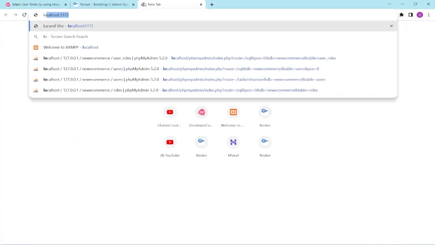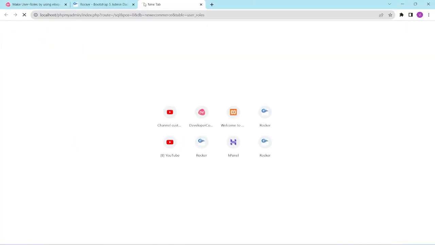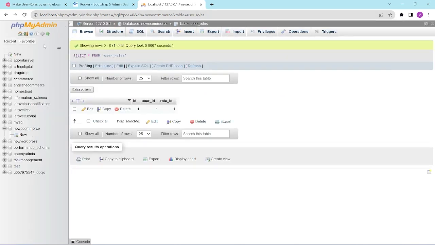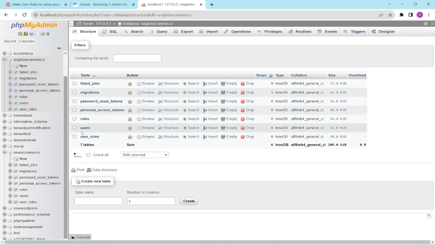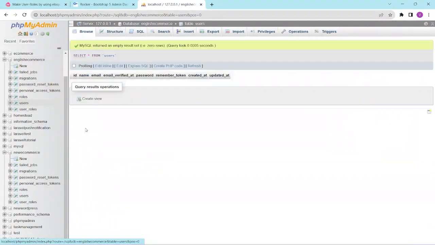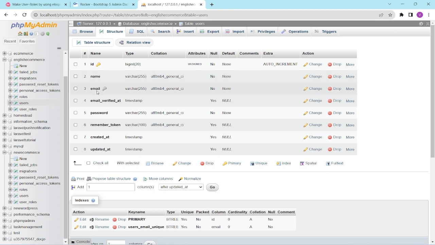So, localhost, new e-commerce. So here it is. Yes. So I will show you first the users table, right? Here we have name, email, id as this, it is defined by Laravel. So here the id, this id,